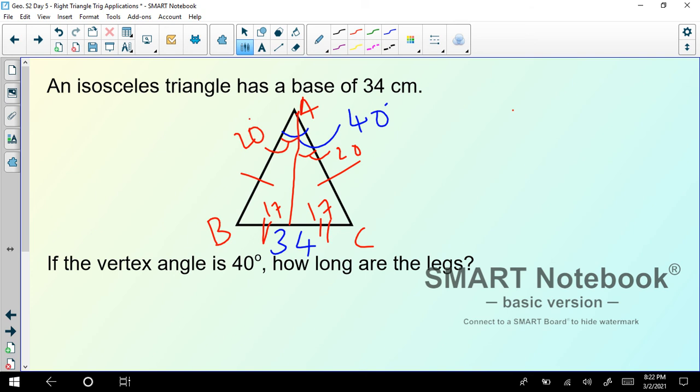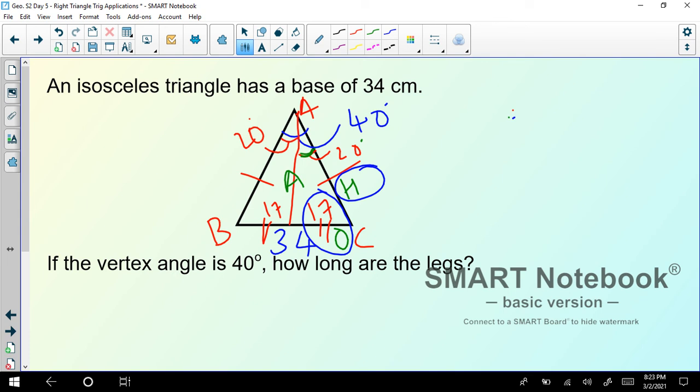now we can find the AC. So if I take the reference angle as 20, this is our adjacent side, this is opposite, and this is our hypotenuse. Okay, with reference angle 20, we found this angle to be 20 degrees. So we are interested in two of the sides: we know this particular side, which is 17, and we need to find the hypotenuse. So these two sides we are interested in.